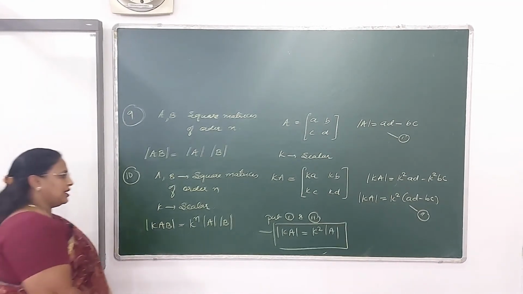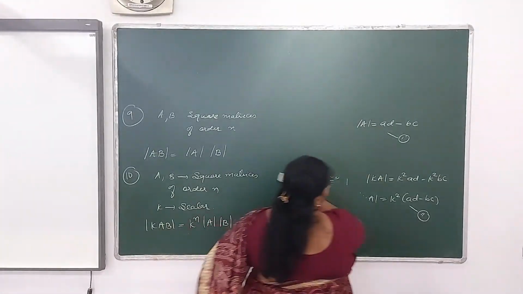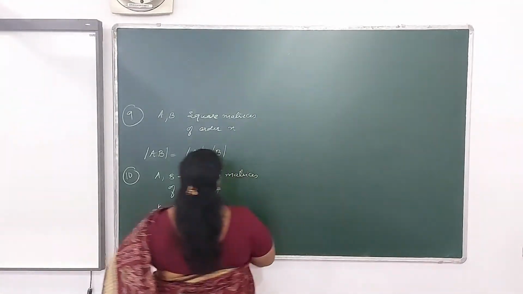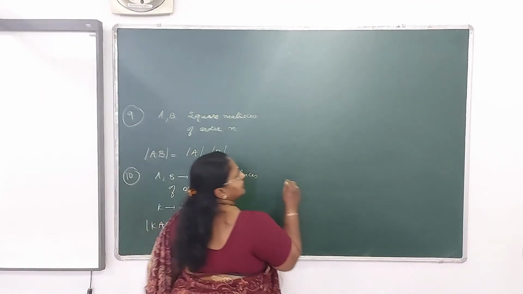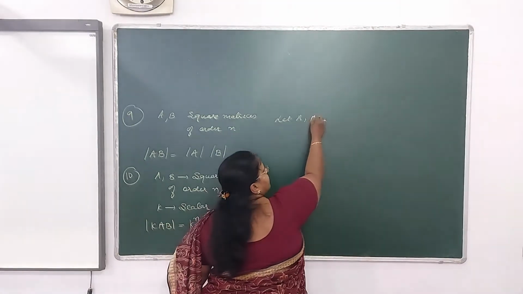So I hope children you are getting all these properties understood. So now let me take an example based on this, based on the 8th, 9th and 10th properties. Okay, so the question is, let A and B be square matrices of order